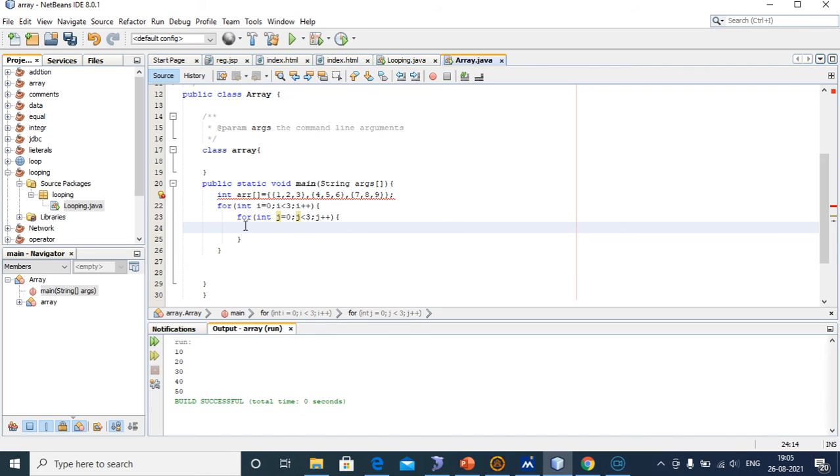Okay, j value should be incremented. After that we give the print statement, System.out.println.